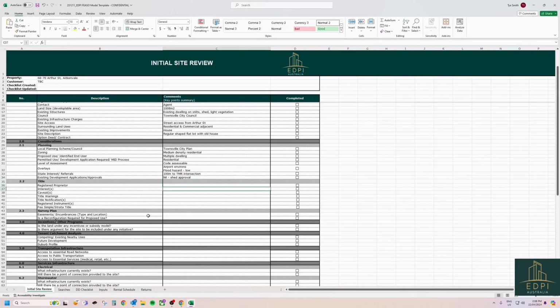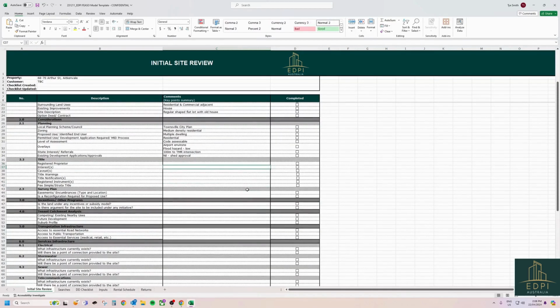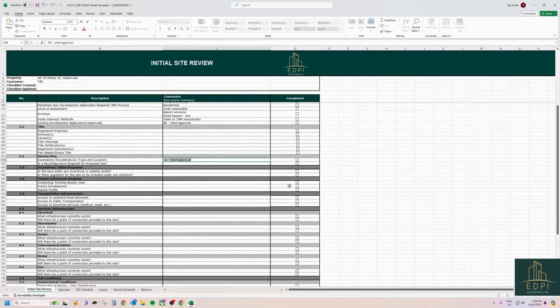All right. So here's all the title site things. So again, I'd pull that through RP data, which I won't be doing today, just because obviously there'll be some personal information on it. I know there's no interest or easements over it, so at least we can flag that, but you can pay for a title search to see if there's anything else over it that are of concern, but no, it looks like it's a pretty basic site. So easements, we know nil, and then reconfiguration. So basically that's to change the lot boundaries for anything, which we don't plan to do unless maybe we look to purchase that second site. So possibly if